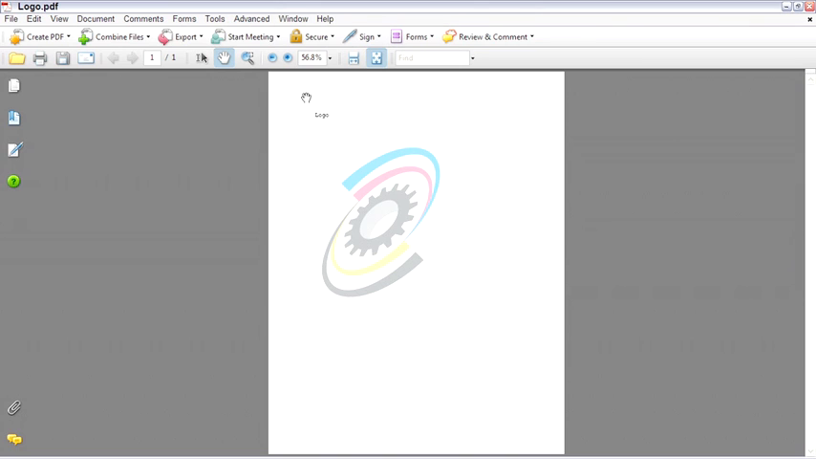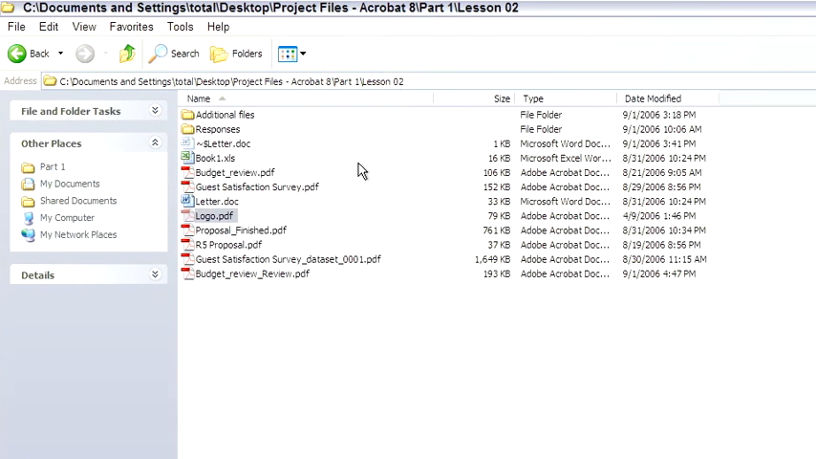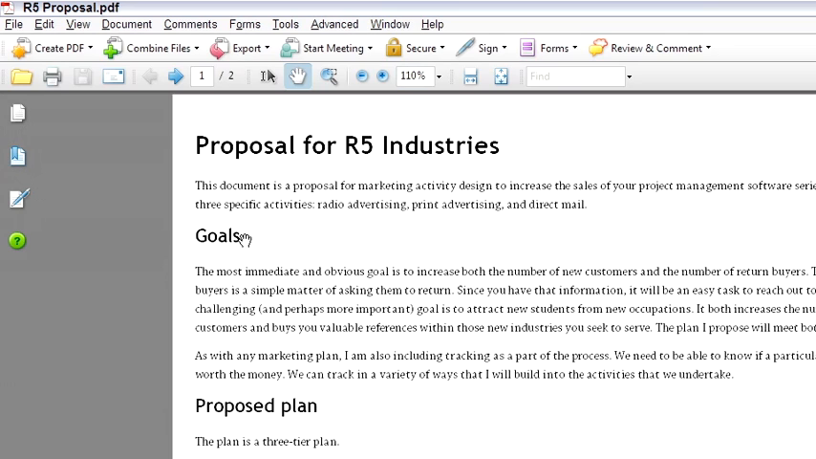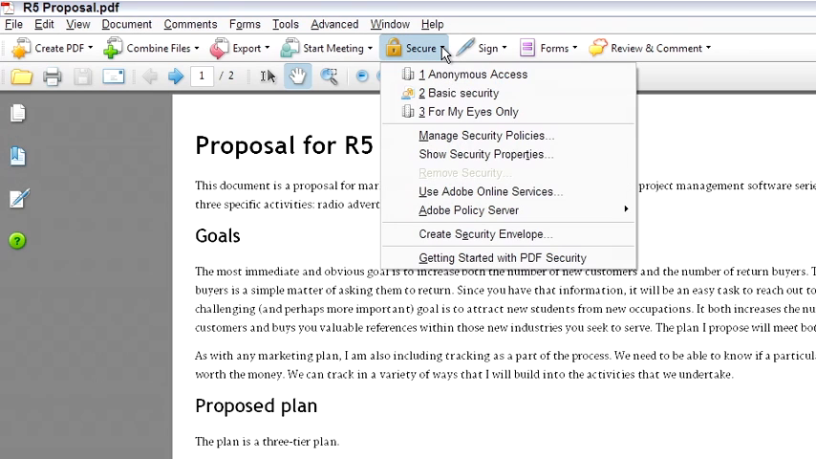For the fifth and final C of Adobe Acrobat 8, we're going to take a look at control. And I'm going to open a document. It's the R5 proposal document, and it's a document that I need to secure. Acrobat has offered security functionality for quite a while now, but there's a new option here, and that is to